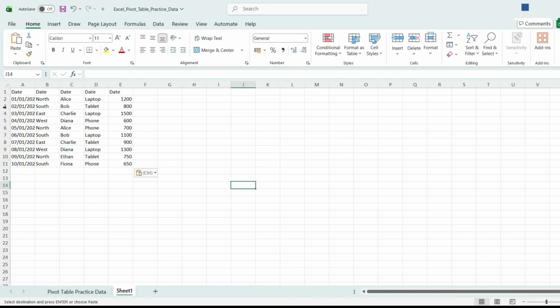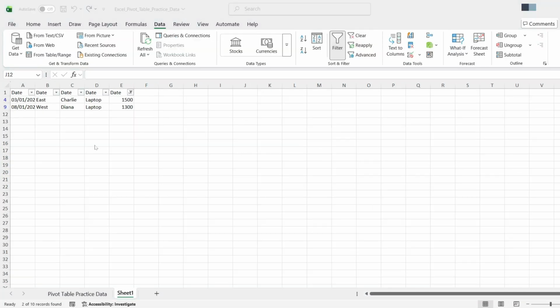And that's it. Now you know how to copy and paste in Excel to another sheet and how to filter